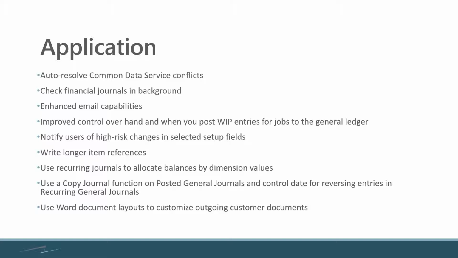All right, check financial journals in the background. This is another feature I couldn't see deployed yet, so I'm assuming it's going to come after October 1st. What this is going to do is it's going to run those pre-checks on journal entries prior to you posting. So right now, you know that if you're missing a dimensional value on a particular account and you go to